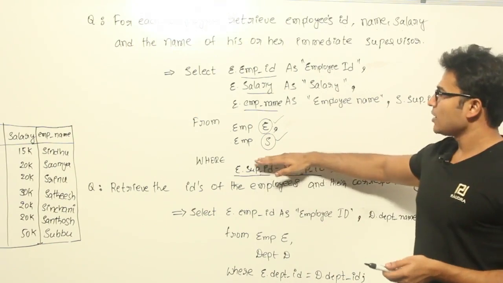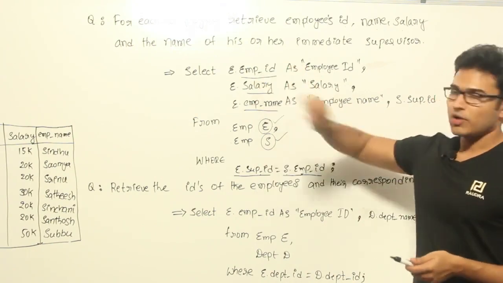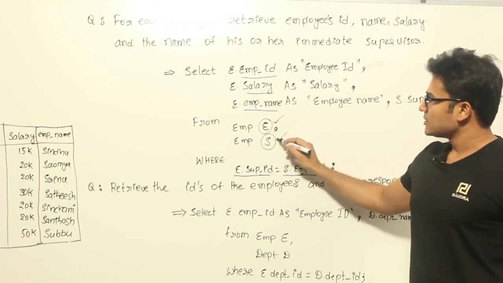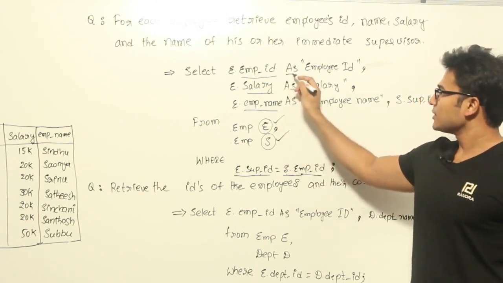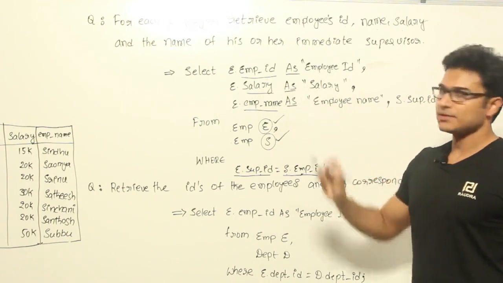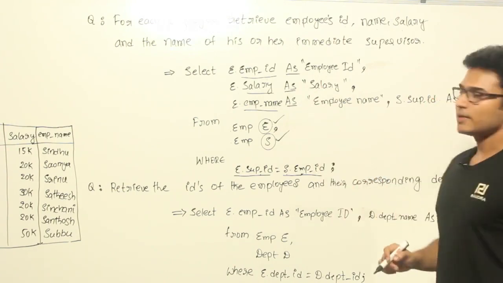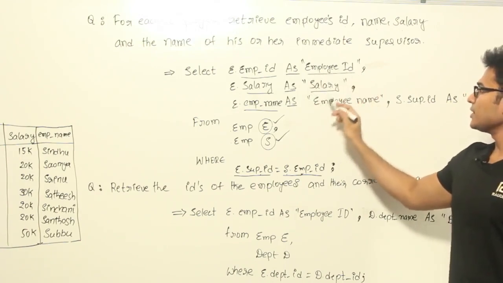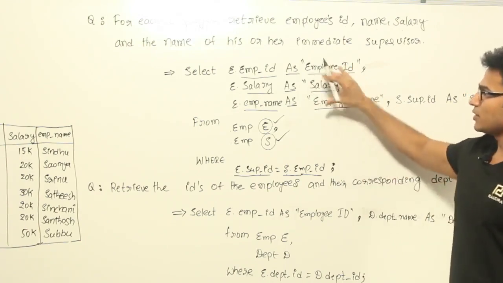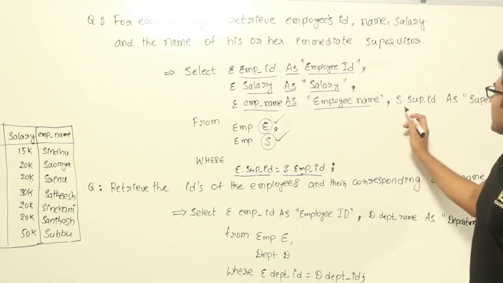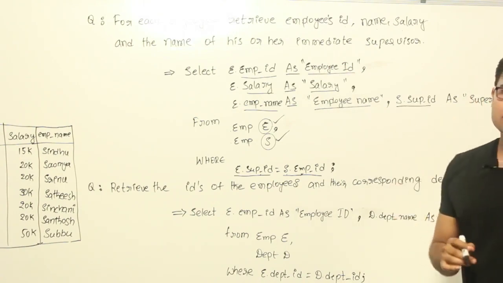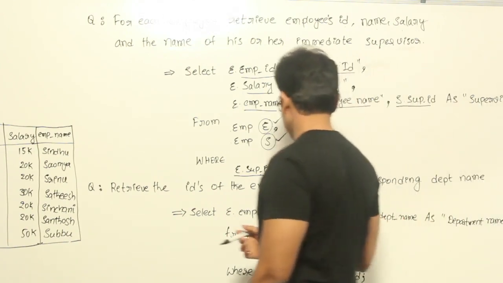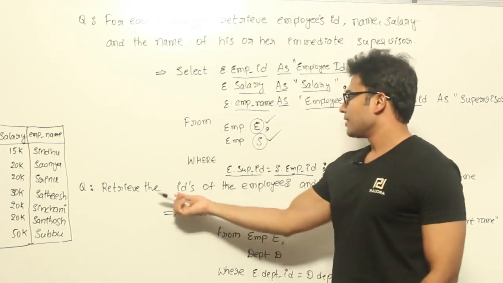And from that we are going to take whatever we want, right? Now if you observe this, we are naming this, right? It is aliasing, and also if you look at this, here also we are using again aliasing, right? So the output will be displayed as if it is employee ID, salary and employee names. So this is how the output is going to look like, okay? And also supervisor ID is also going to be there. Okay, this is one way where we are going to use this aliasing, and the other way is